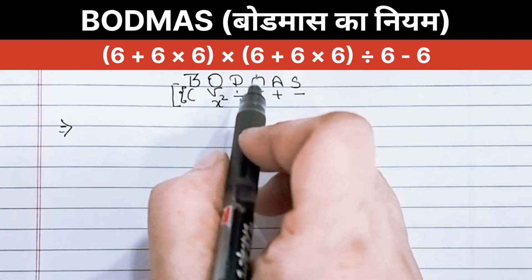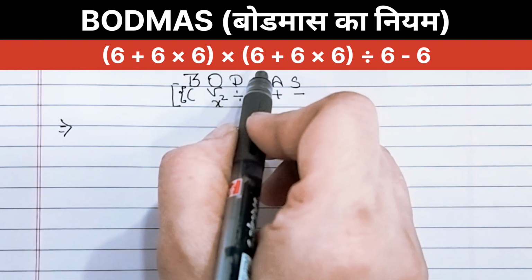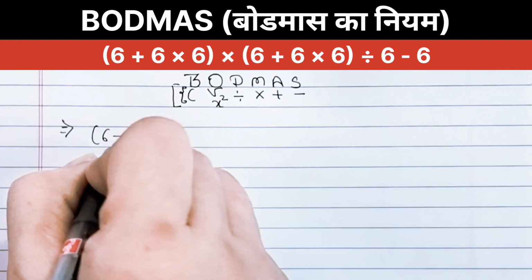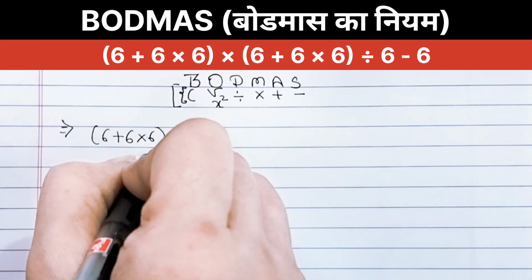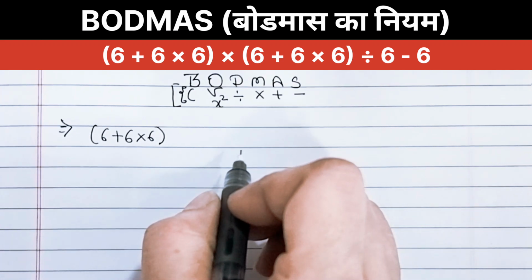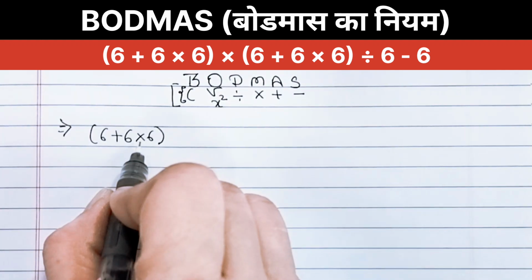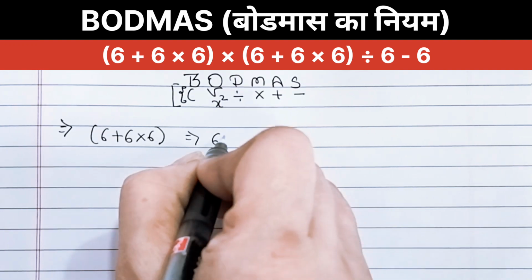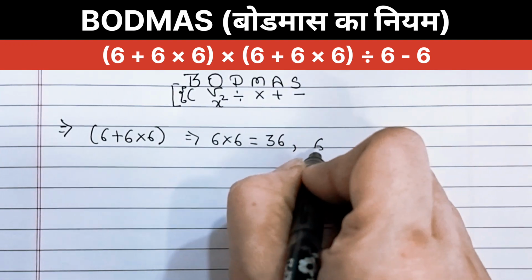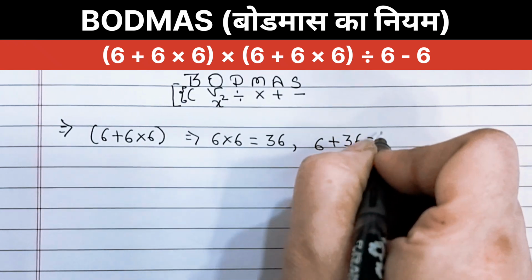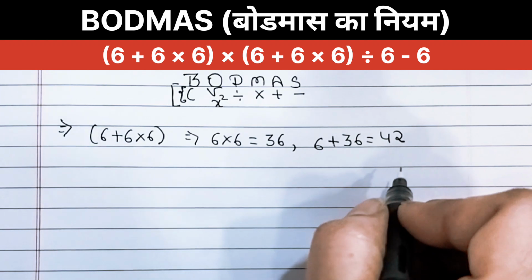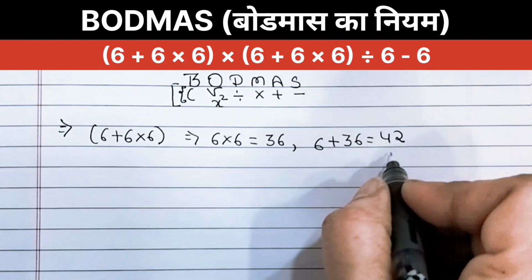Now first step, solve the expression inside the brackets. So we have two identical brackets. Over here you can see 6 plus 6 multiplied by 6, and again inside each bracket we must follow the BODMAS rule. So we perform multiplication before addition. First we multiply the digits, 6 multiplied by 6 equals 36, and then we add, 6 plus 36 equals 42. So according to this step 1, now replace both the brackets in the original expression with 42.